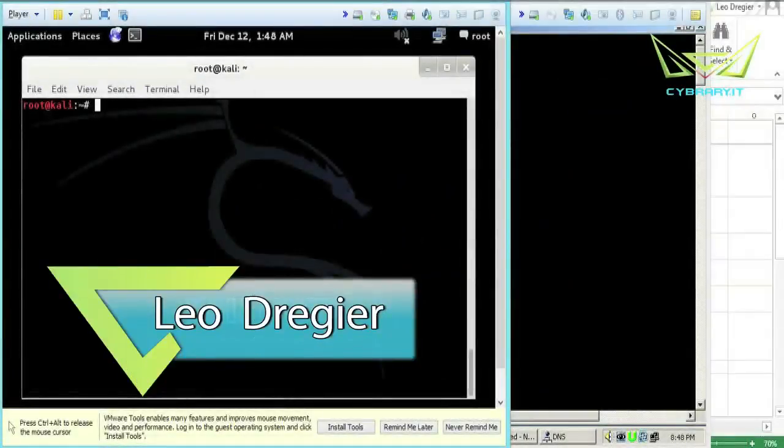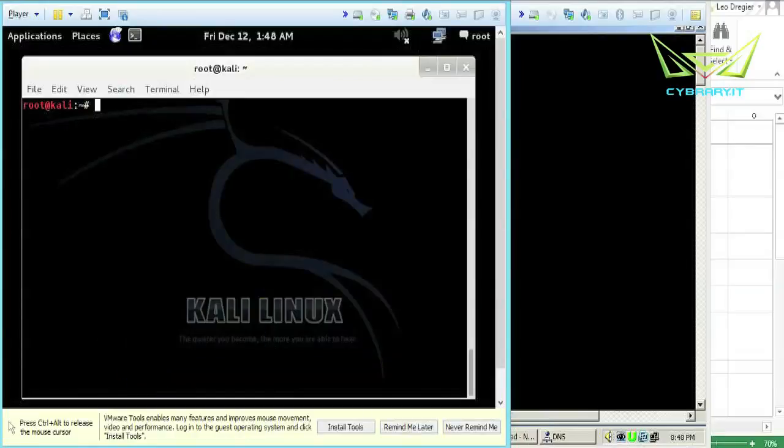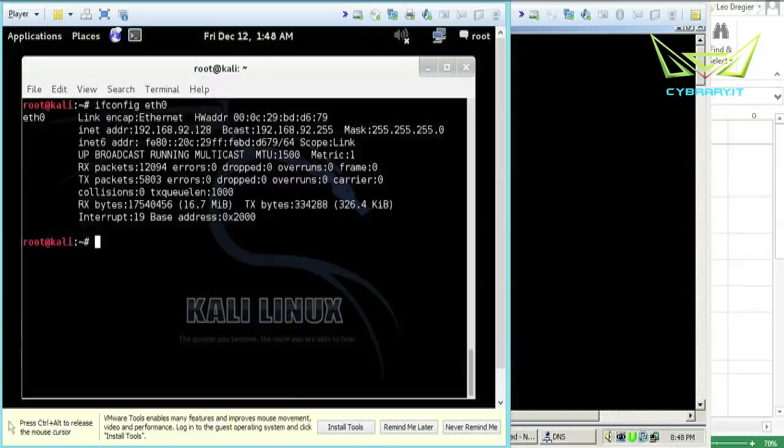In this video, I want to talk about nMap and scanning a network and using nMap in some of the basic formats and trying some of the traditional uses of nMap against some hosts and a particular network that I'm on. So first thing I'm going to do is log into my Kali operating system, and I'm going to check my IP address. So I'll do an ifconfig for my Ethernet interface, and I'm on the